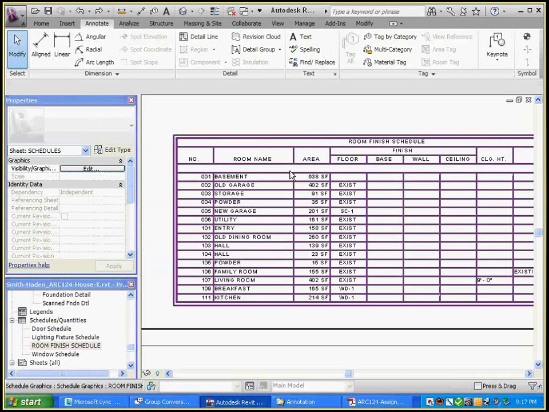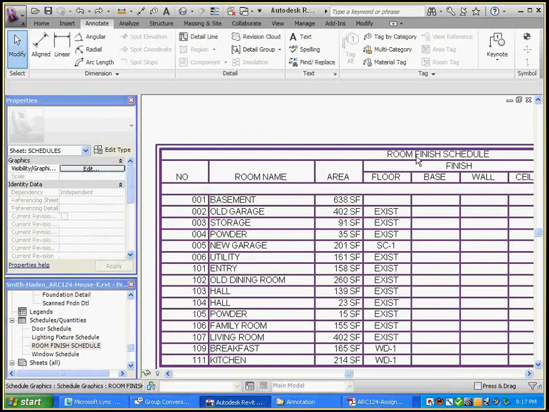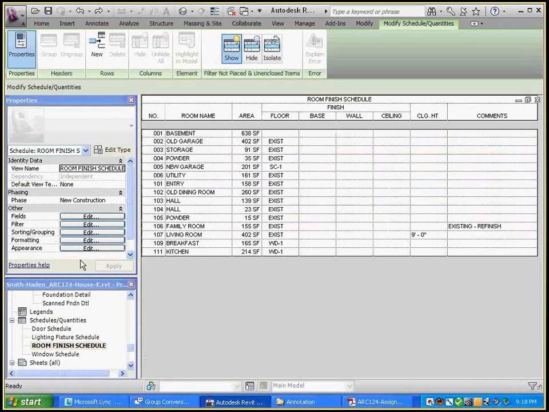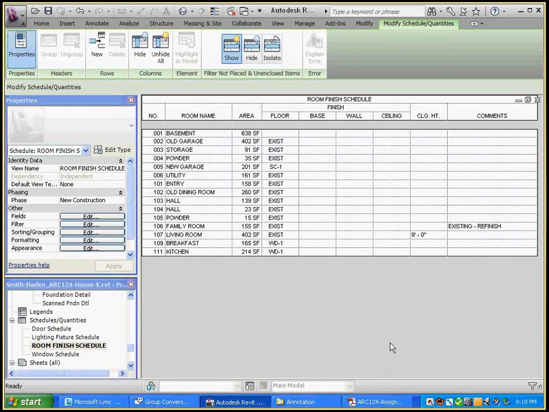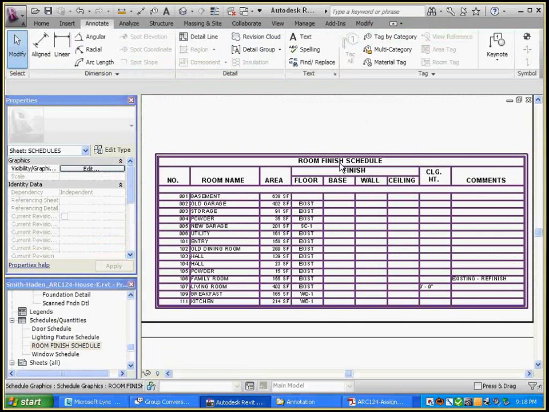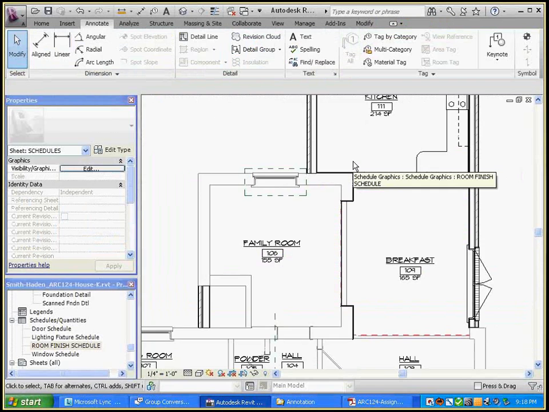But the other thing that I think is a little bit more of a problem is I normally want the heading to be bigger than the headings of the columns. And if you go back into the ugly view and go to Edit Appearance, there is header text and body text. So we can make the headers bold and make them just a little bit bigger. So let's bump it from 1/8 to 5/32, just make them slightly bigger. Again, you don't see it in the ugly view, you only see it in the preview. But the problem is, the heading is going to be the same font and boldness and size of the column headings. So the name of the schedule cannot be made bigger than the column headings. And what I wish they would do